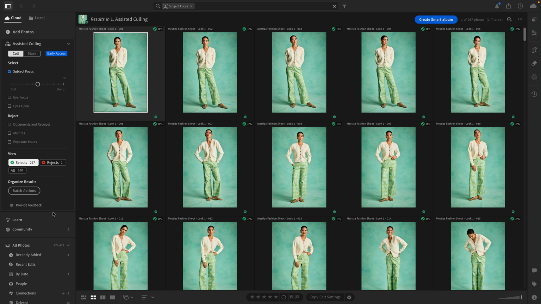And we are now done with scoring. You can enable multiple combinations of models. So you can have subject focus, and you can say also automatically reject images with exposure issues, for example. But let me explain how this works in terms of the images being sorted in select and reject buckets. The reject models is probably the most straightforward. Basically, you're telling Lightroom to automatically mark any image that has exposure issues or misfires or are documents and receipts